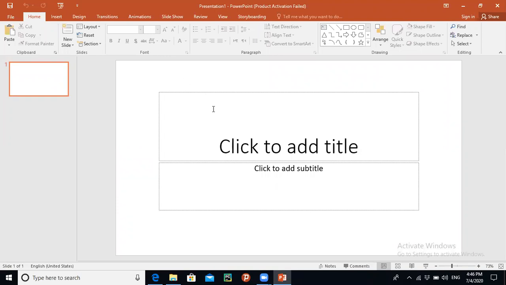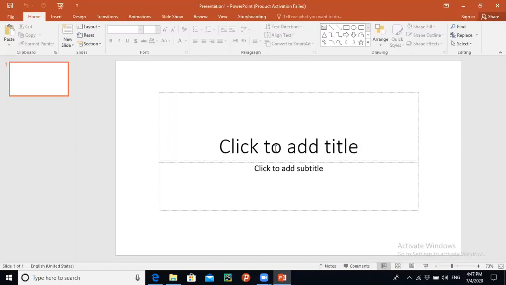So this is the first slide which is appearing on the screen, and you can see that it is a plain slide with a simple white background and black text. It is the simplest slide, but usually when we create PowerPoint presentations, we add backgrounds, we use different text styles, we add pictures, graphs, animations, and we can also add videos in our PowerPoint presentations.